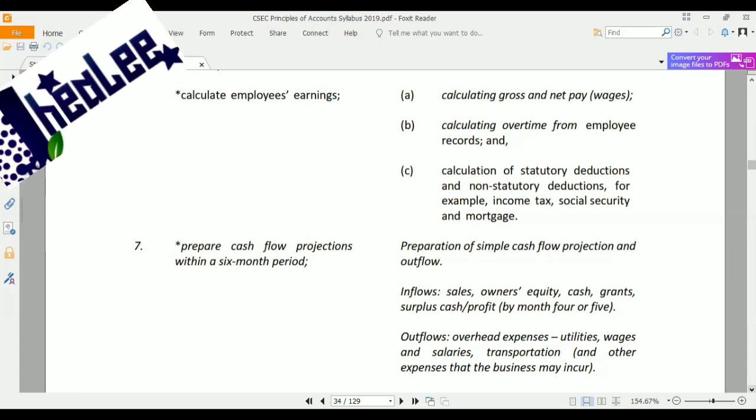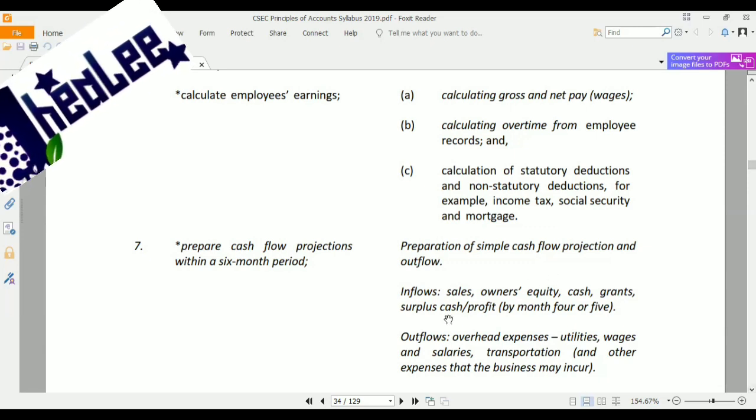And you're doing a projection. So what will bring in some funds in the business? What will release funds out of the business? So things like your sales, your owner's equity, your cash, your grants, surplus of cash or profit. So those things are inflows, while your outflows are like your overheads, basically the expenses that the business will incur